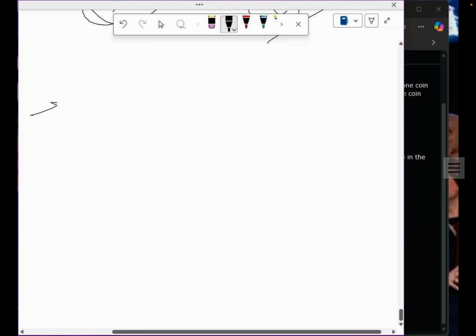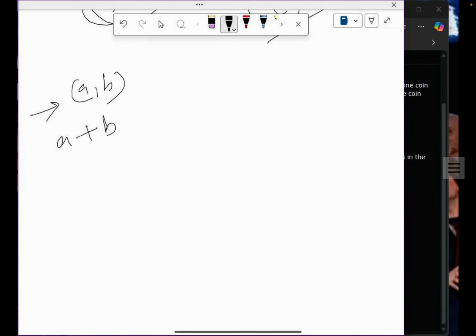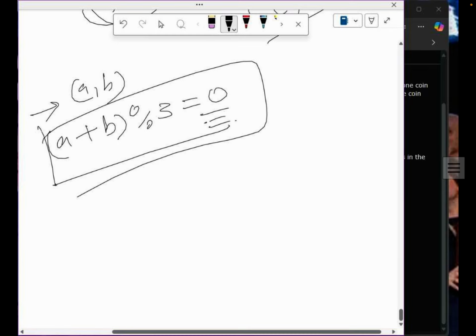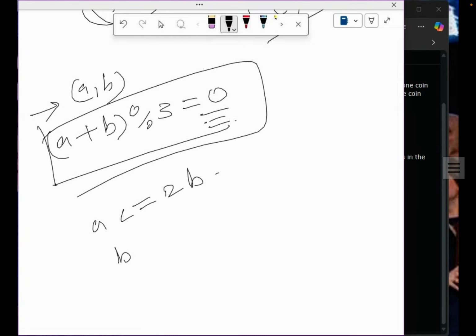So from this observation, if a and b are given, if (a plus b) modulo 3 equals 0, then that is possible. And this is another condition: a should be less than or equal to 2 times b, and b should be less than or equal to 2 times a. Both conditions should hold, because